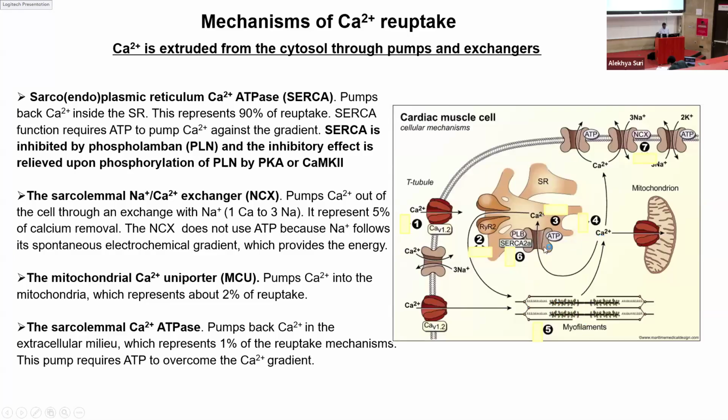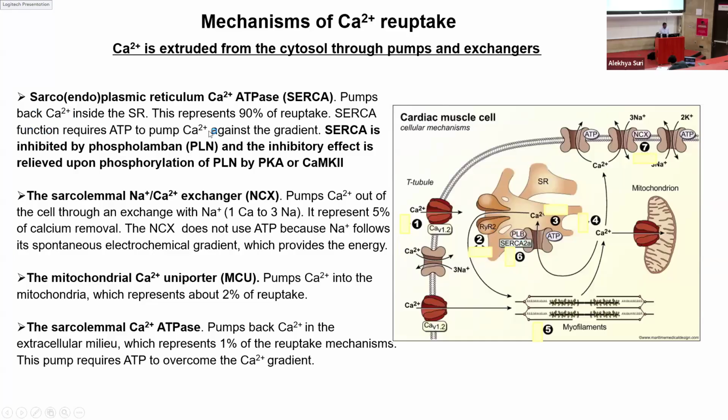Then the calcium is taken back into the sarcoplasmic reticulum. So it removes the calcium, and some other calcium will be taken up by mitochondria, and some calcium will be removed by the sodium calcium exchanger and plasma membrane calcium ATPase. So by this mechanism, the calcium is cycled within the cell and also outside the cell. So the major mechanism by which the calcium is removed is by sarcoplasmic reticulum calcium ATPase, or SERCA pump, and